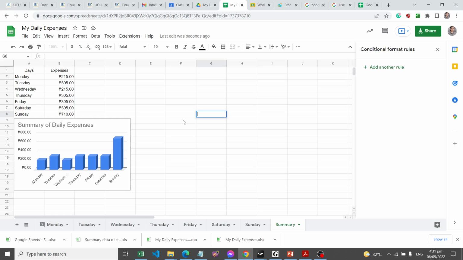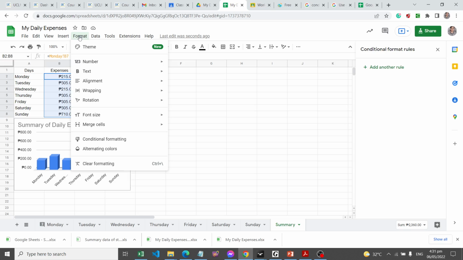on our spreadsheet, we have to select the cells we want to apply format rules to. Like in our example, we have here our expenses from Monday to Sunday. We have to select the range of cells from B2 until B8. Then you have to click on the Format menu,